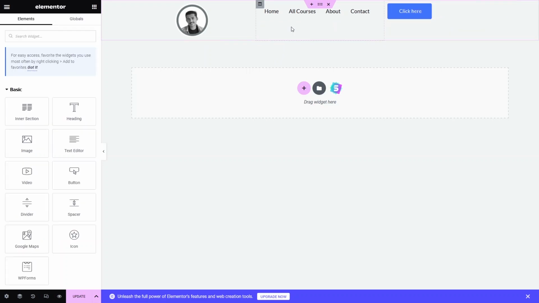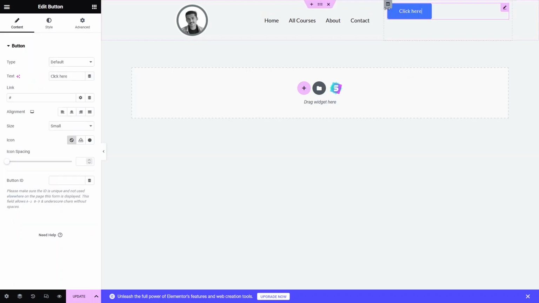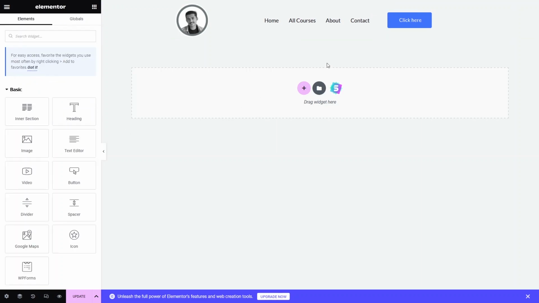Okay, so now I need to align the navigation bar and the button to the center vertically. So let's click on the layout here and as you can see, we have this vertical align. So let's click on middle. That is okay now. And in a similar way I would click on edit column and from here put the value to middle, and I also want to put it into the center. Okay, alright, so now you can see we have aligned our menu and the button to the center